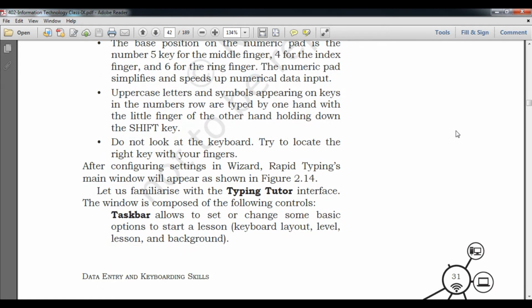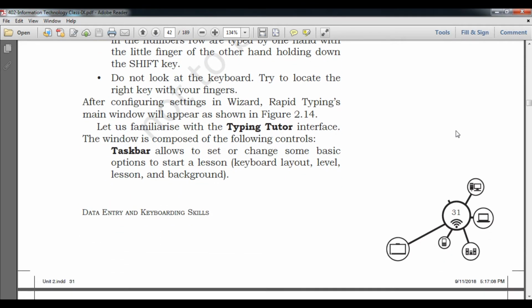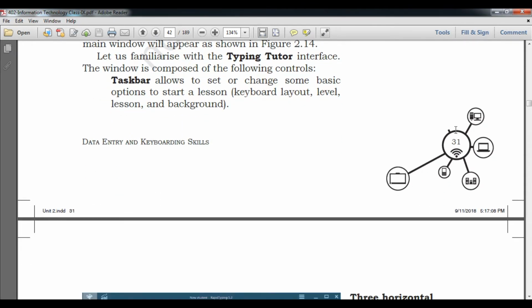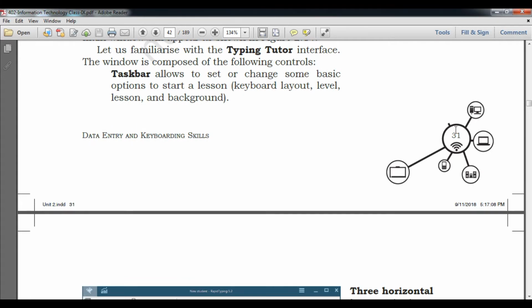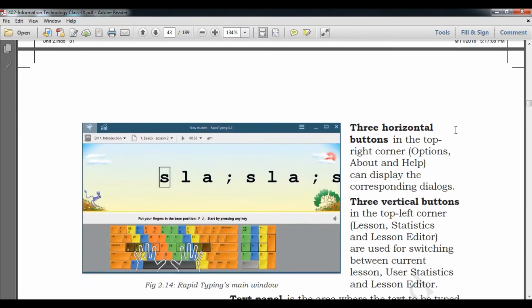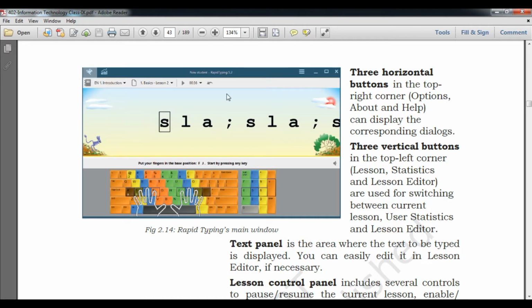Now we are talking about typing tutor. Okay students, so what is the typing tutor? Typing tutor is another type of Windows software which provides you the next level of typing exercise, and it gives a better combination of backgrounds also. Here you can see this interface.